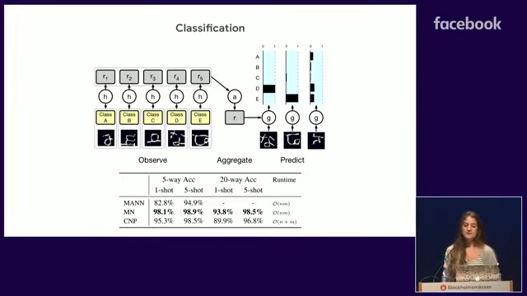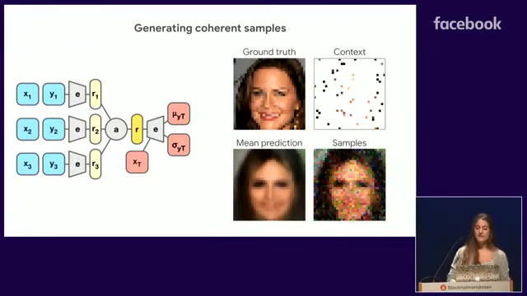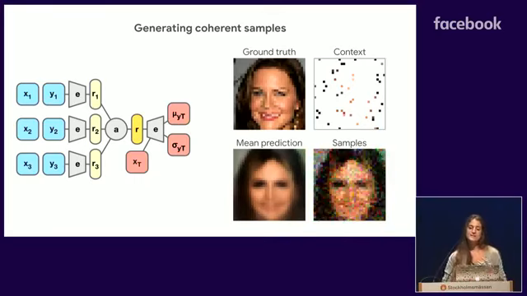Finally, we also wanted to test our model on classification and show that this training regime goes beyond just regression. So we applied it to few-shot classification using the exact same model and achieved results that are on par with state-of-the-art algorithms. Finally, I'd like to advertise follow-up work that we did on neural processes that we're going to be presenting at a workshop on Saturday.